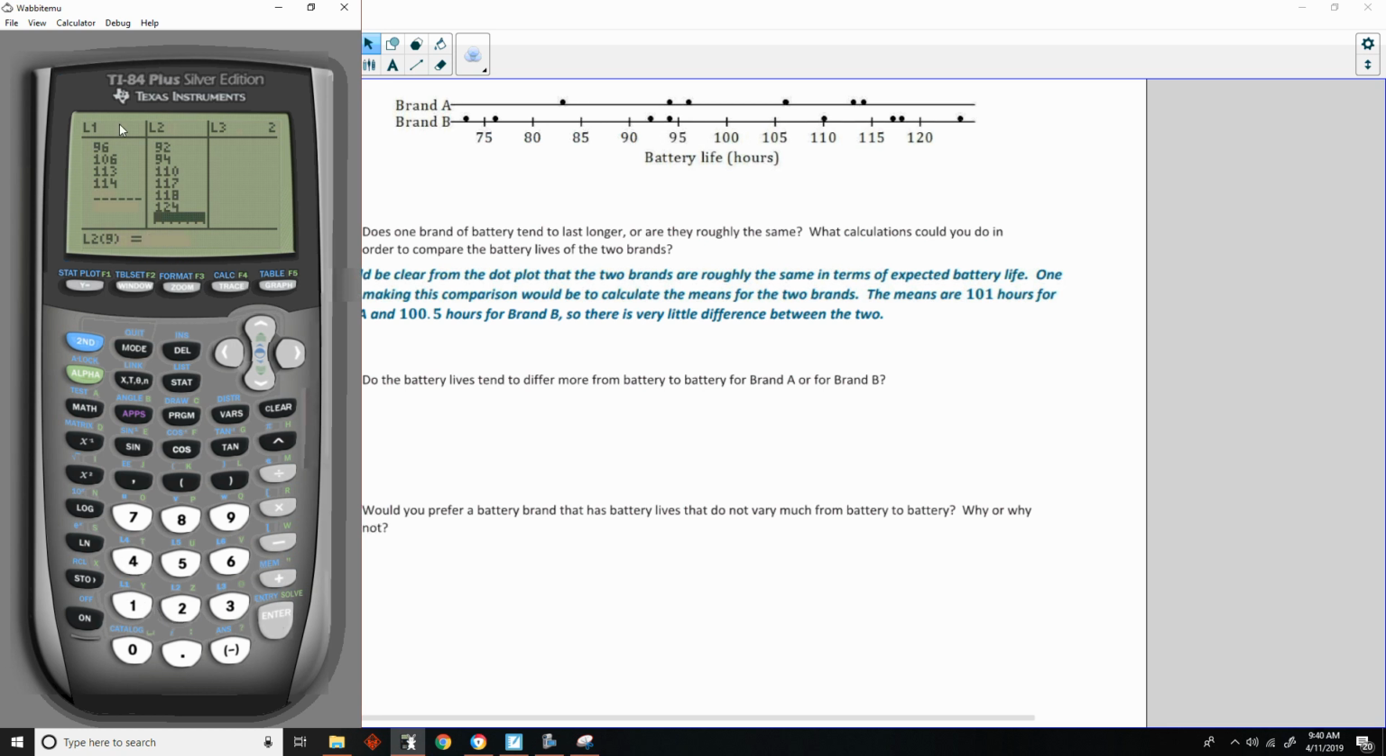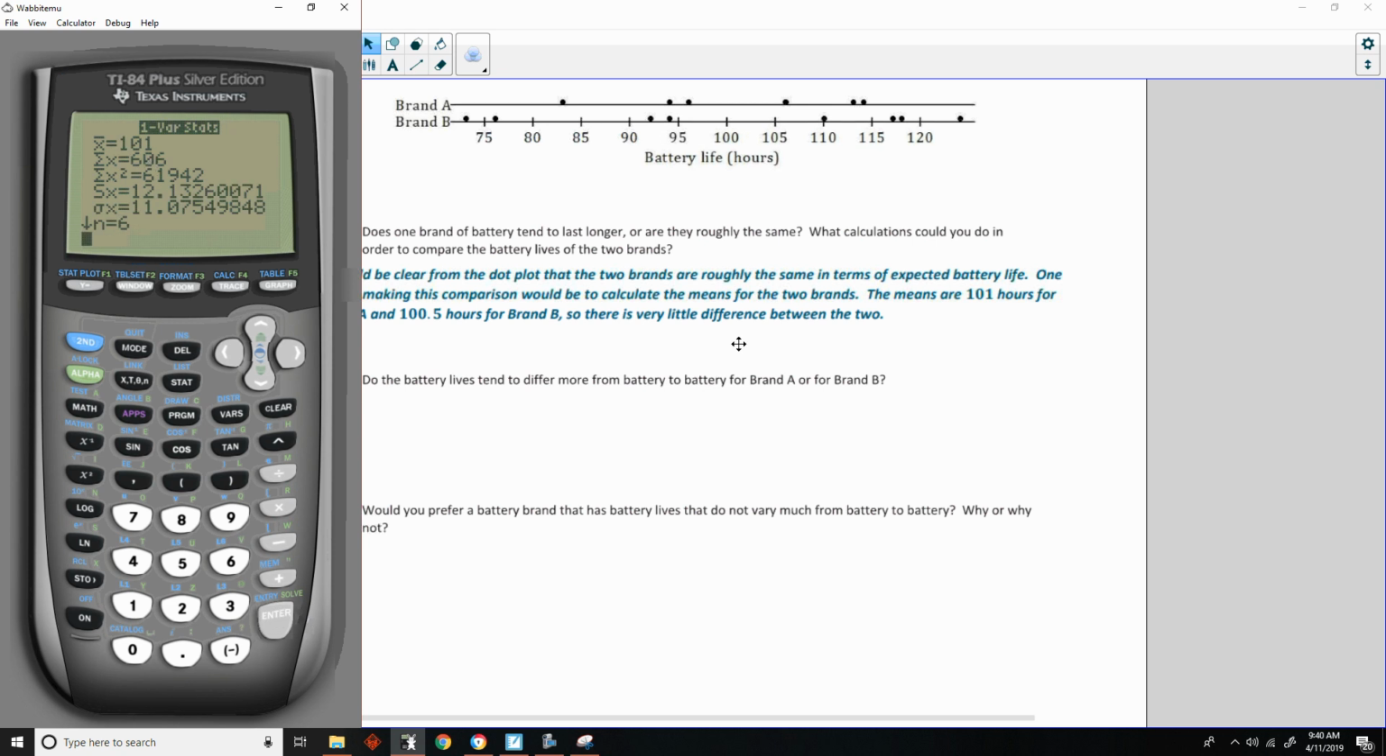Okay, so I have 2 lists. L1 is brand A, and I can rename that if that's confusing to you. I can go up here and change its name, but I'm not going to bother doing that at this moment. So let's just leave it L1 and L2. So this is brand A and this is brand B, alphabetical order, numerical order. Okay, so now if I go to my home screen by hitting second quit mode, and then I can hit statistics, arrow over to calculate. We're dealing with one variable, hit enter, and I'm coming from list L1, so I'm just going to calculate, and